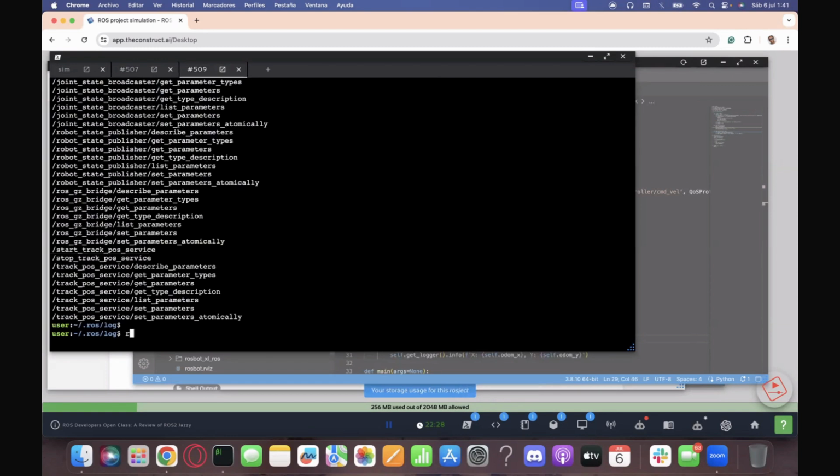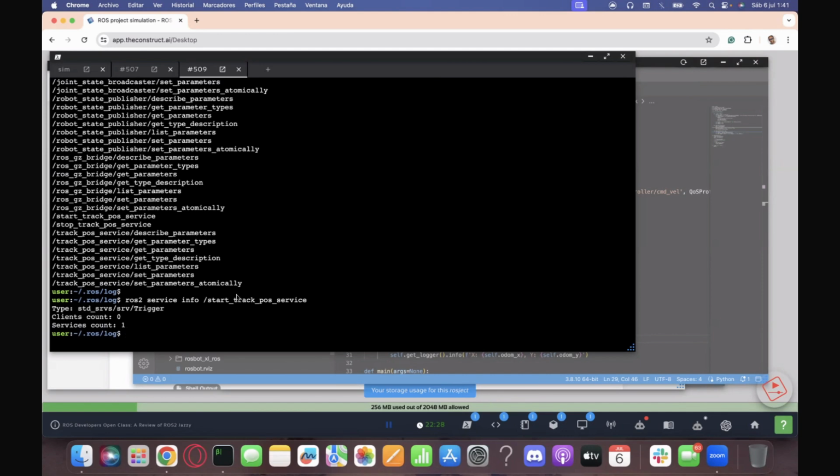Now we can very conveniently just run the ROS2 service info command in order to get information about a specific service. Super useful. The information I get is the type that this service uses, which in this case is the trigger type. I also get information about how many clients this service has and how many servers. Servers are going to be one, but clients,